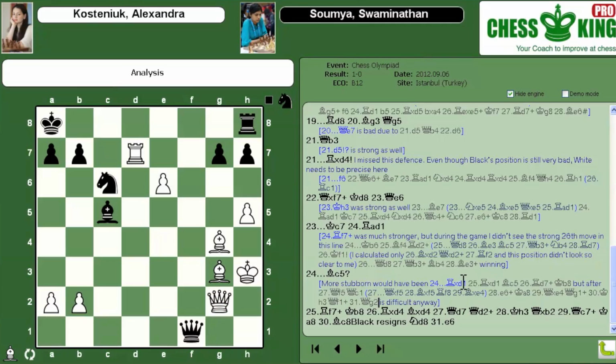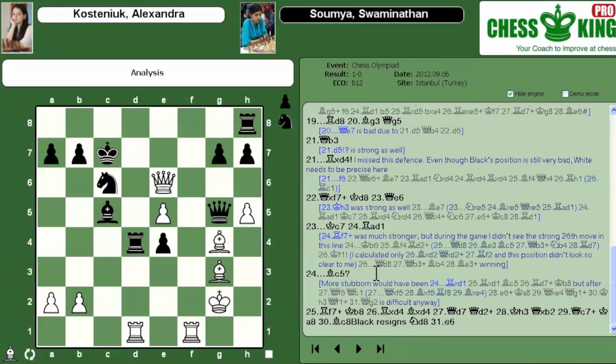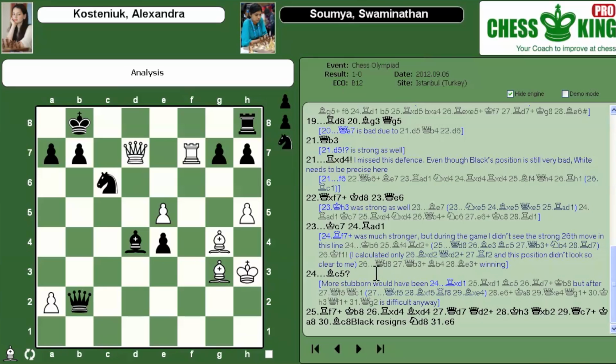In the game after bishop c5, I won quite easily. I continued the game with rook f7 check, king b8, rook takes d4, bishop takes d4, queen d7, queen d2 check, king h3, and after queen takes b2, there are several options to win the game, but I chose the following line: